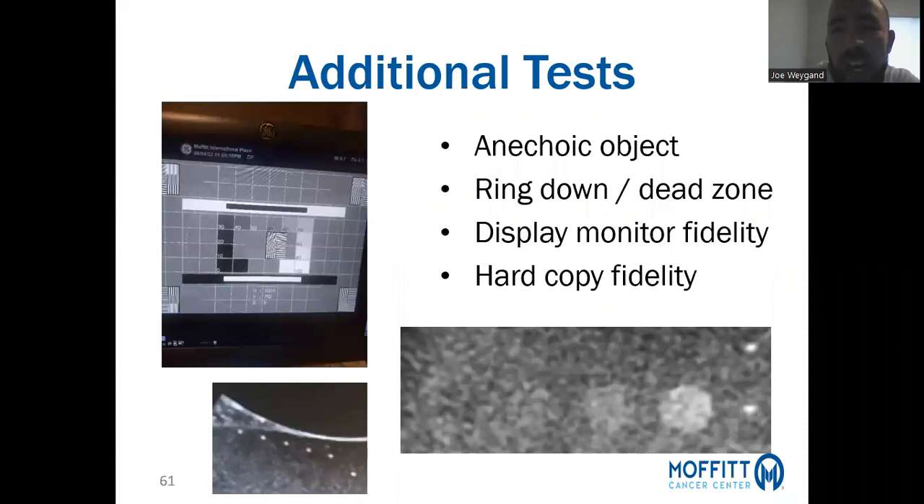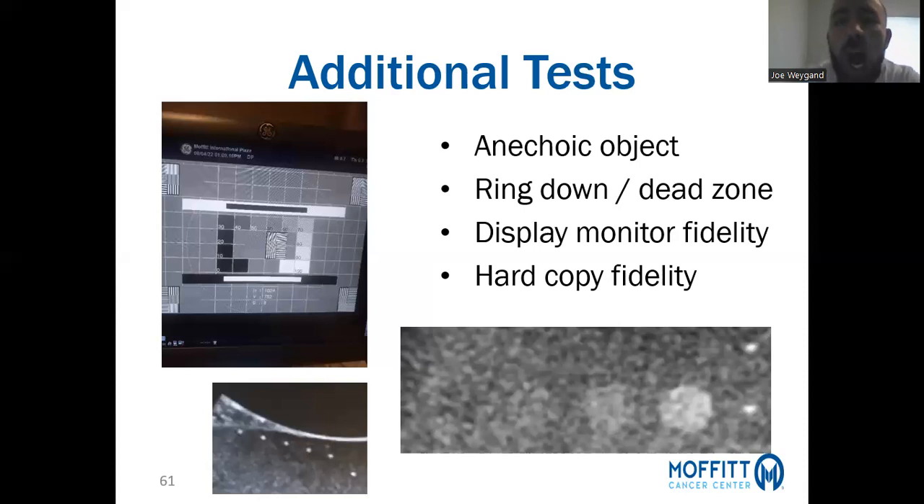Other tests that are done include anechoic object detectability, basically low contrast detectability. You qualitatively determine if you can see an object, shown here in the right figure. You can see the rightmost low contrast object, maybe the second one, but definitely not a third or fourth one. Ring down corresponds to the very superficial region of an ultrasound image where you don't get a good signal because of vibrations that arise due to the generation of the sound pulse. So essentially you assess how deep into the image you have to be before you get an actual